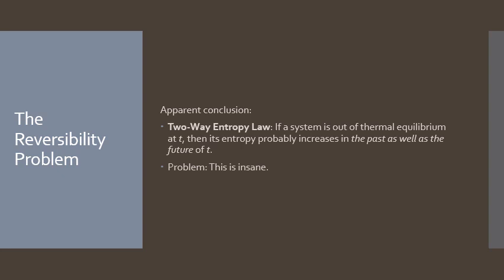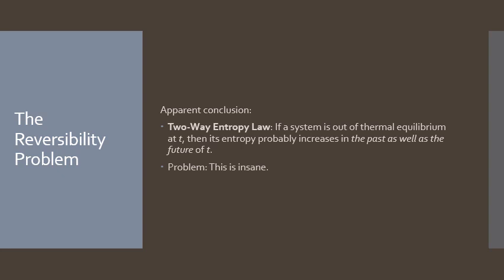So if you think about what this means, first think about our ordinary understanding of entropy and think of some examples of illustrations of entropy. So one of the illustrations is if you see a young person, you expect that person to grow older in the future and eventually die, and then their body will eventually decay and turn into dust. If the two-way entropy law is correct, then you should expect a mirror image of that process to exist in the history of that person.